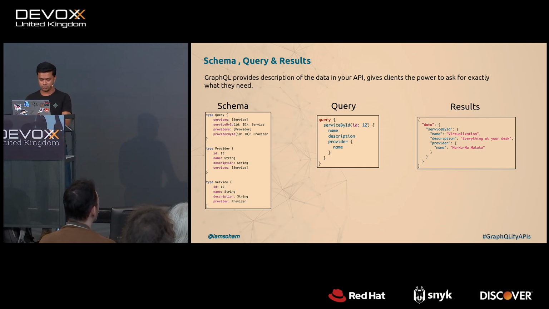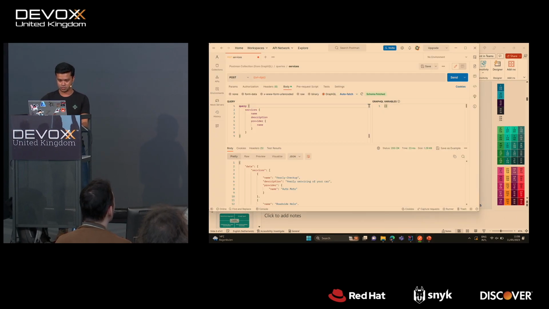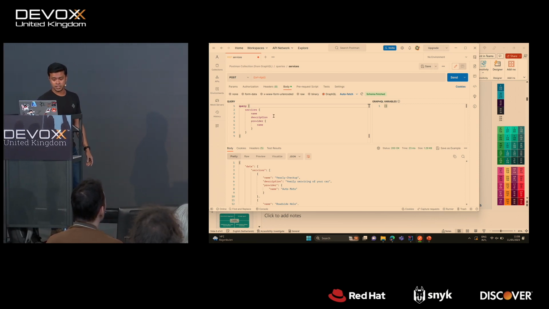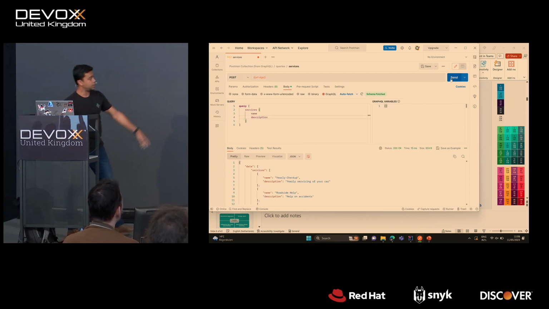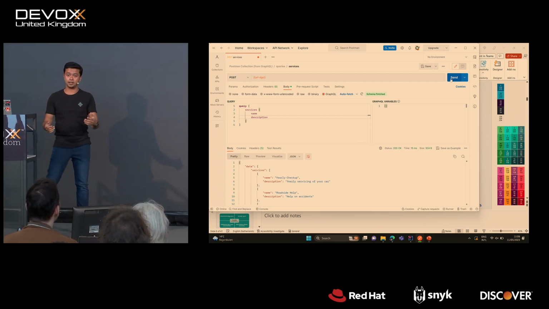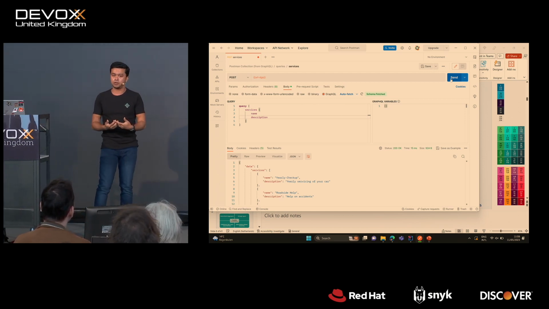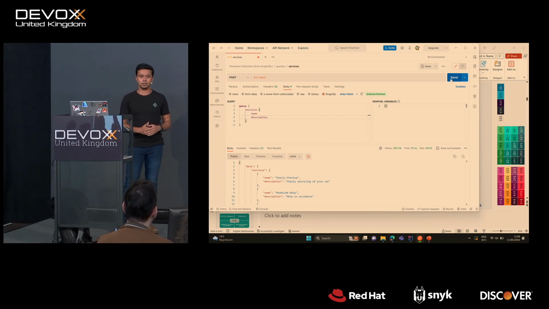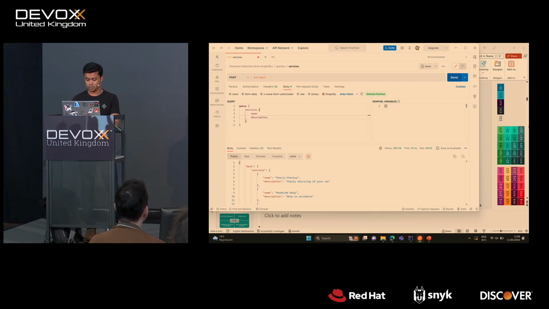Let me show you a few. So for example, like this, if I just want name and description, I get name and description. And your backend, which I'm going to explain a little bit later, you can control that retrieval of provider will be skipped for these kinds of queries. And that makes your backend also a little bit more performant. So when you are not querying something, you're not retrieving something. Less load for your backend, less load for your network. You can do all sorts of custom stuff as well.